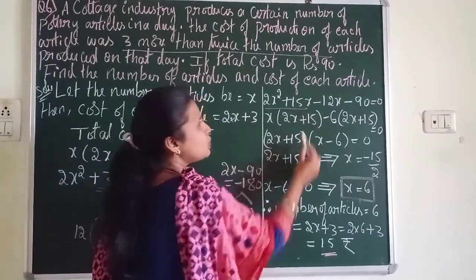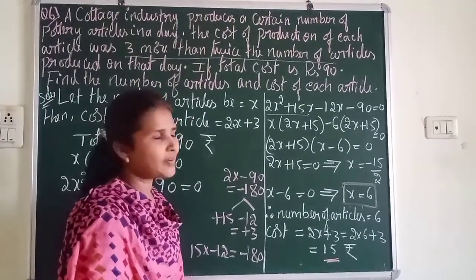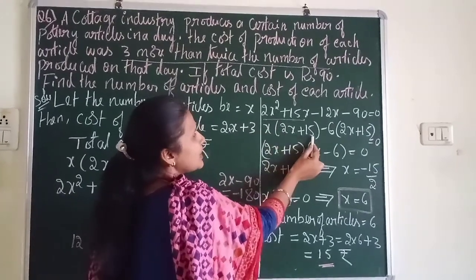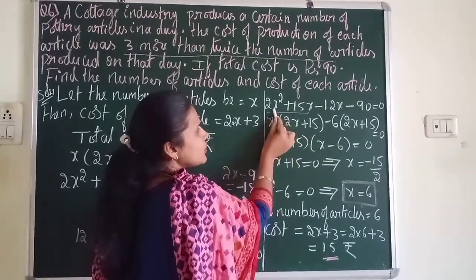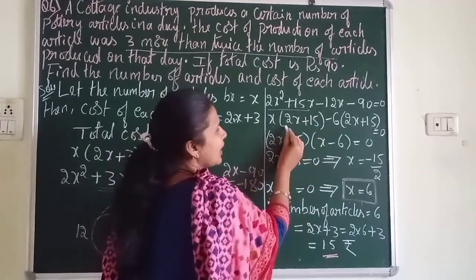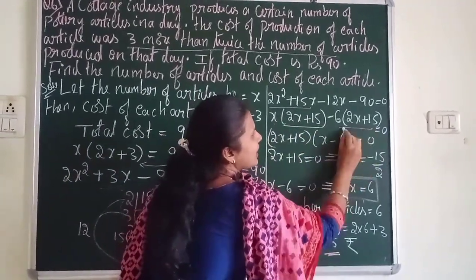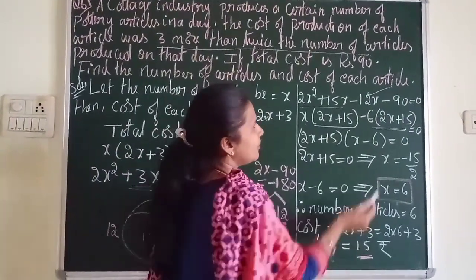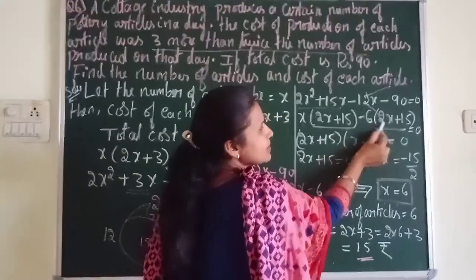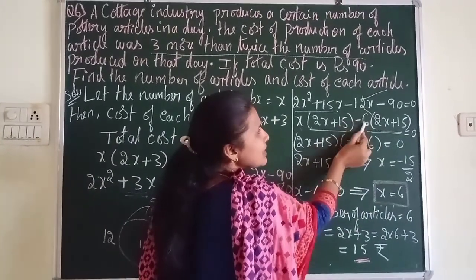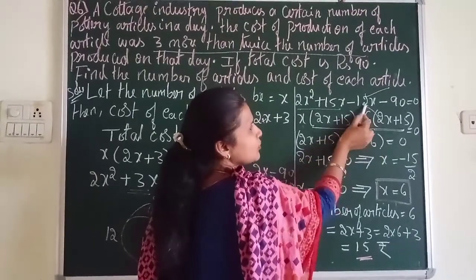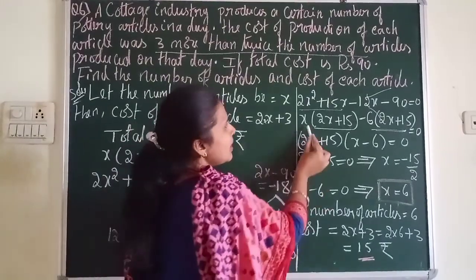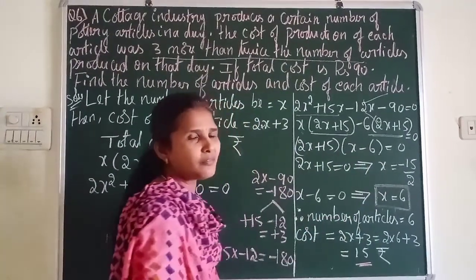You can see in the first two terms, 2 and 15 have no common factor, so only x you can take common. If you take x, what is remaining? 2x plus 15. Check it out, x into 2x is 2x square, x into 15 is 15x. And as I said, write 2x plus 15 as it is. And see the third term, minus 12x is the third term. In the third term, 2x is in the bracket, so what is remaining? 6 is remaining with a negative sign. Minus 6 into 2 is minus 12. And 2x plus 15, the common factor, write as it is. x minus 6 is another factor.